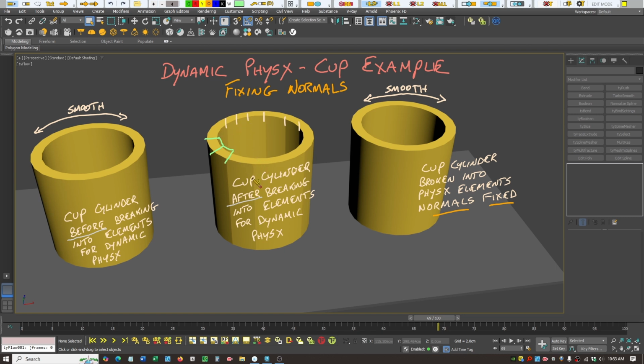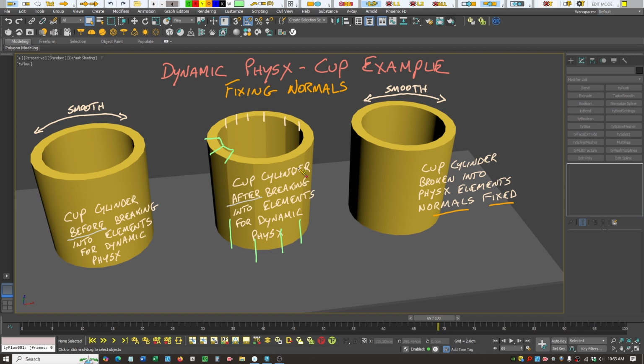If we don't need that much accuracy, we could just do every second one, and I'll show examples of this, right? But when we look at it, especially on cylinders, like when I do chain links, I don't really get this issue. But on something cylindrical, we'll do just two examples and I'll even step through it. We can see that we get these segmented lines, like the cylinder or the cup in this instance is no longer smooth. So this is our starting object before I broke it into about 20 elements, so that we get a really good hull